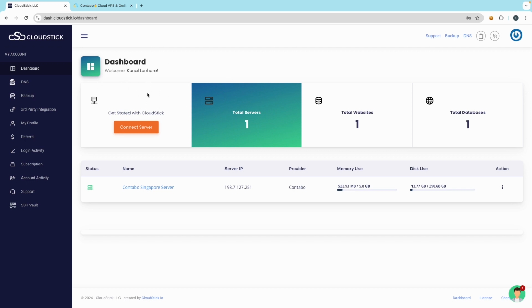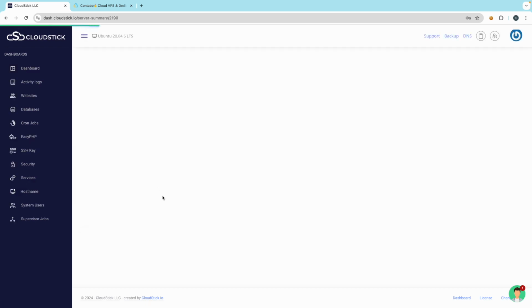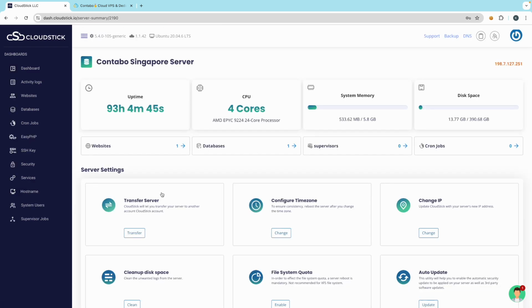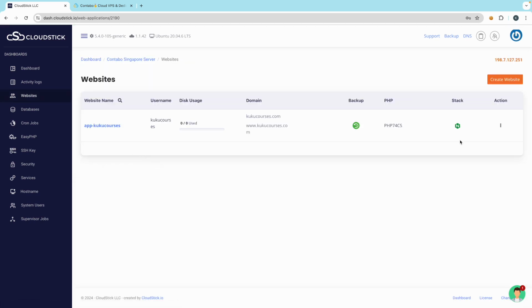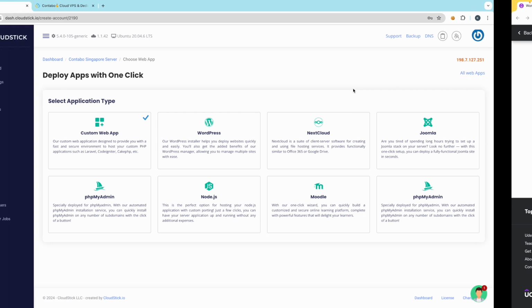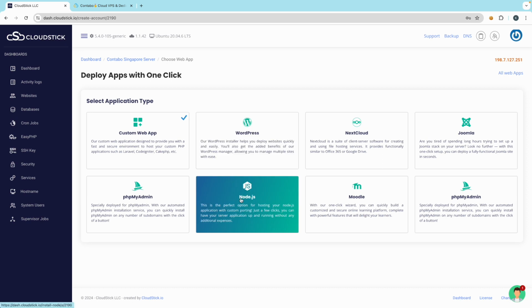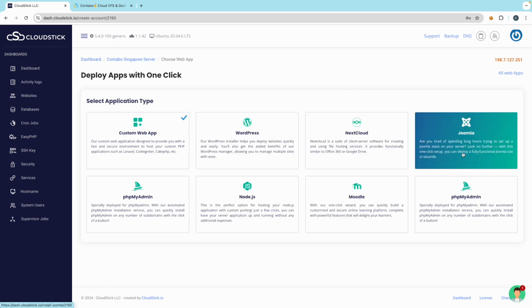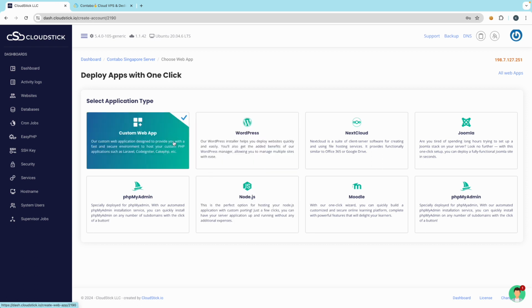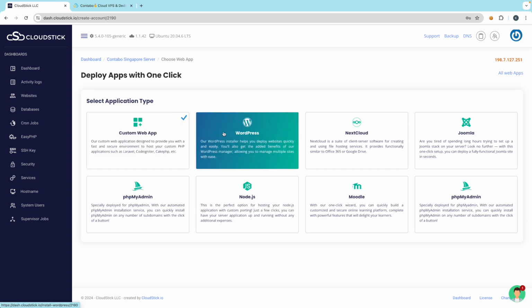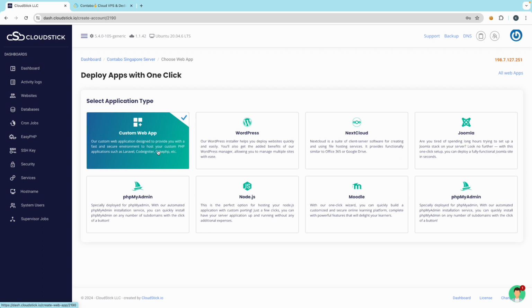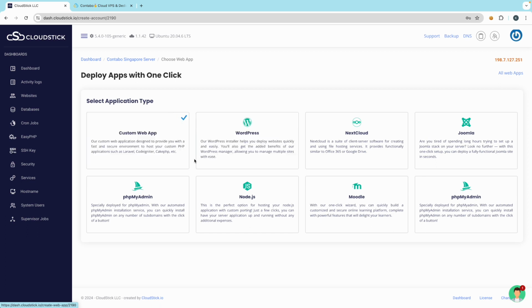Okay, so we have set up all the technical part. Just go now to your server, whatever server where you want to install maybe an API host or a website. So for example, if I click on the website, now you can create a website from here. And after this you just have to select, you can go with Node.js, Joomla and so on. We will now go with WordPress, which is very common. You can also go with the custom web app. You can host your custom things like maybe an application or API and so on,